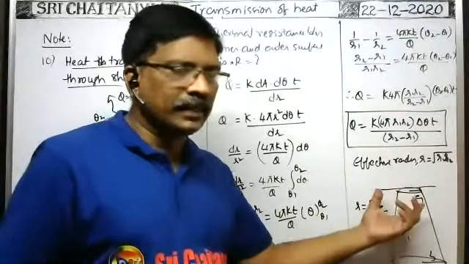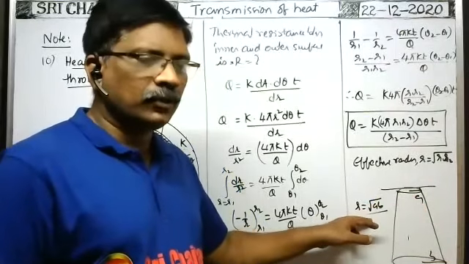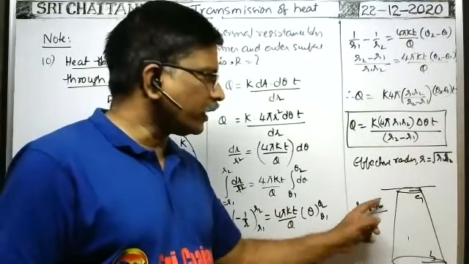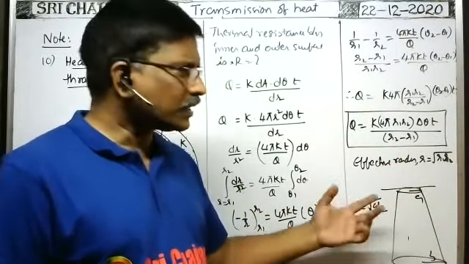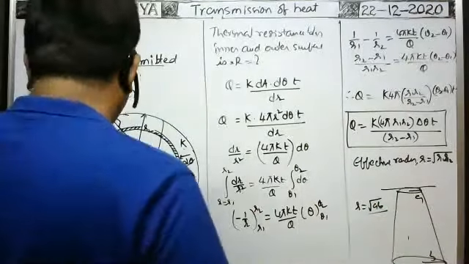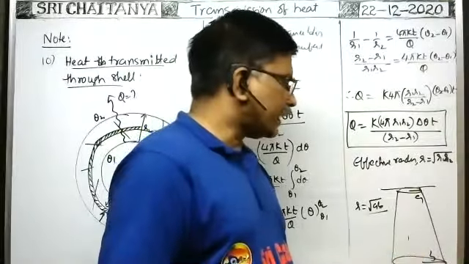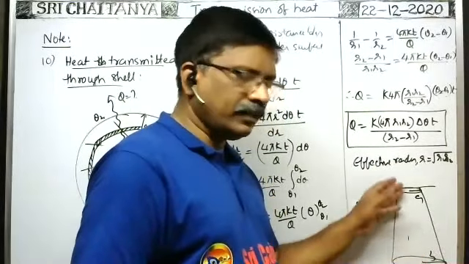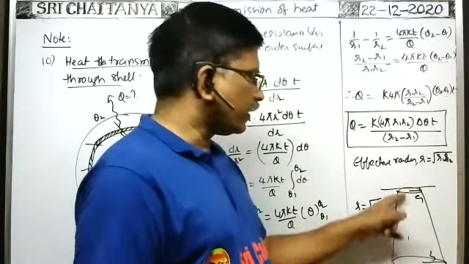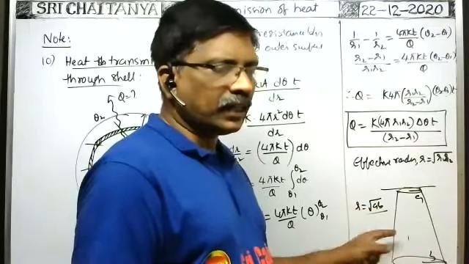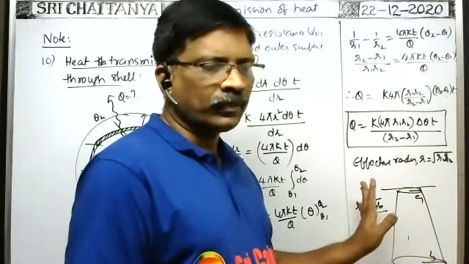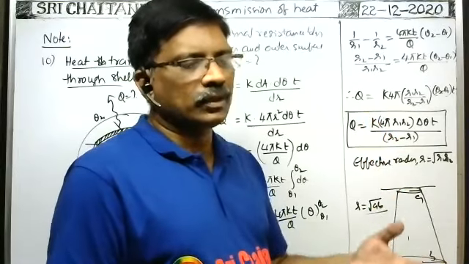So in elasticity, we derive this type of formula, no? Effective radius is equal to root AB only. So the same type of concept applies here also. When load is attached here, what is the elongation of this suspension wire? Effective radius is root AB. Instead of R, we substitute root AB. That's all. Then elongation e is equal to question mark.